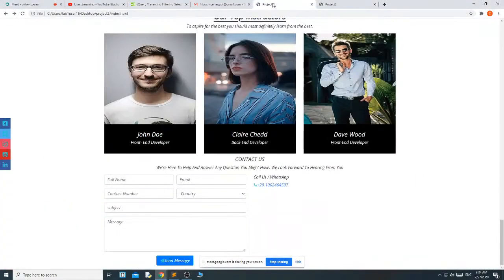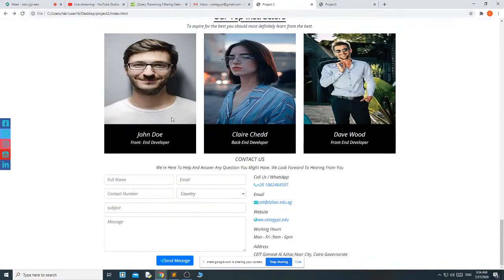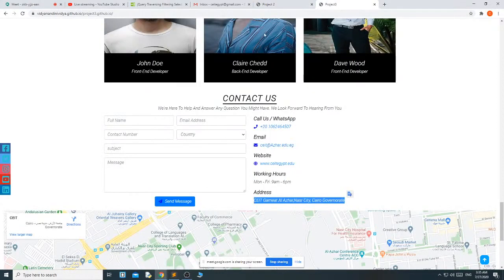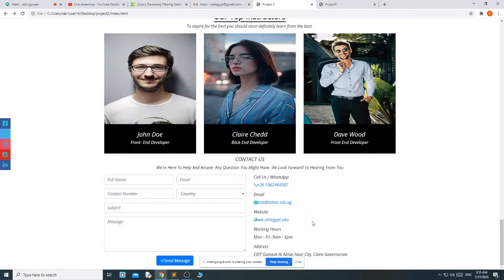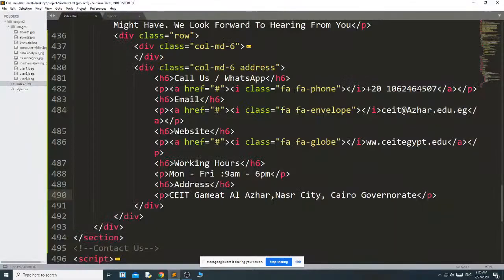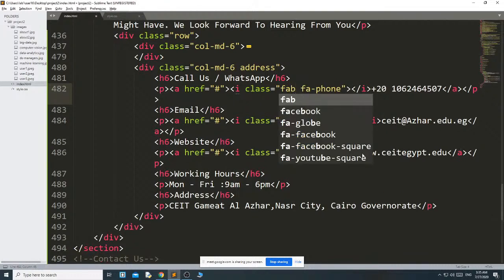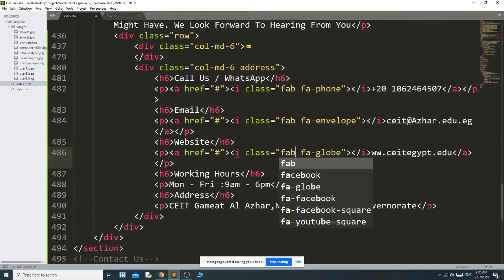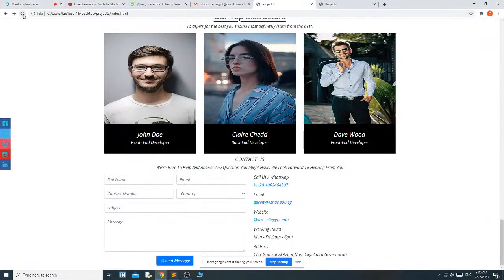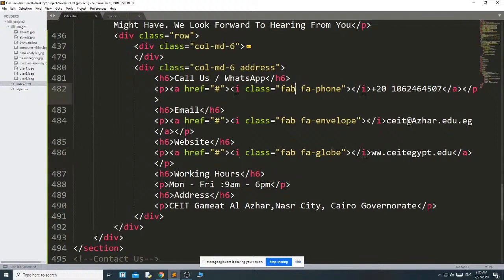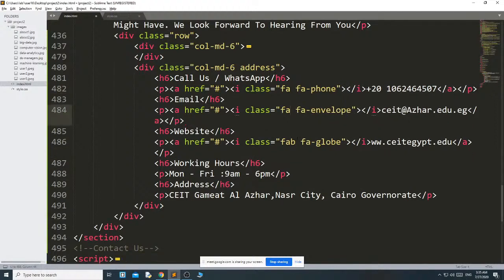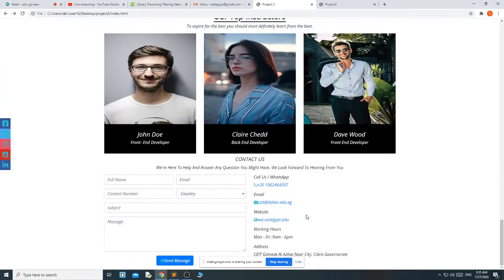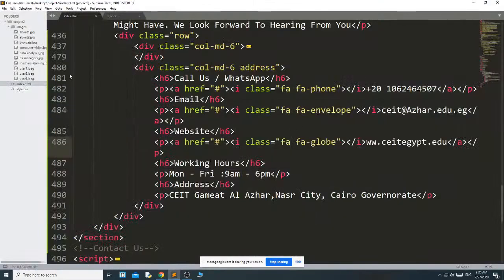Let me show you how it looks. Okay, we will do the style to give the space. Okay, this is the default thing we get. FAB, if I use FAB, let me show you how it looks like. Okay, FAB is not coming. Okay, you are using FA. Okay, this HTML part is over.